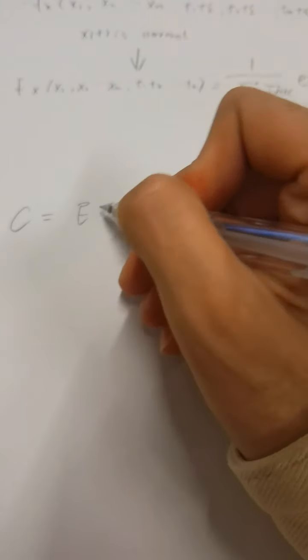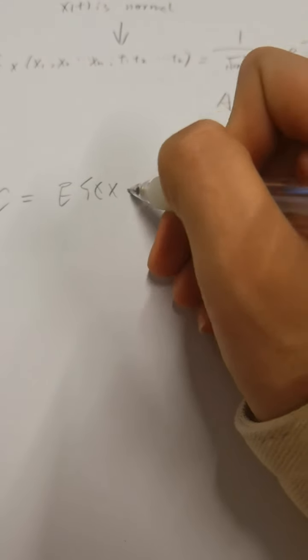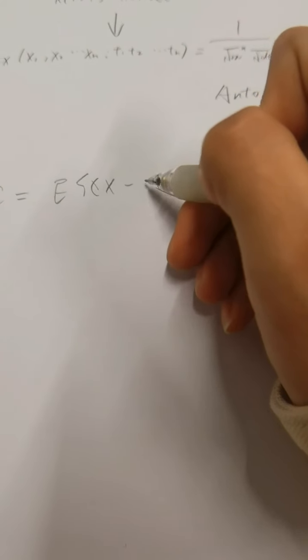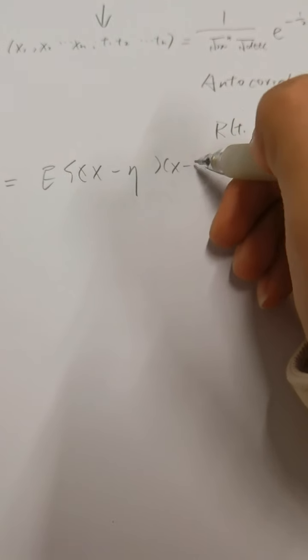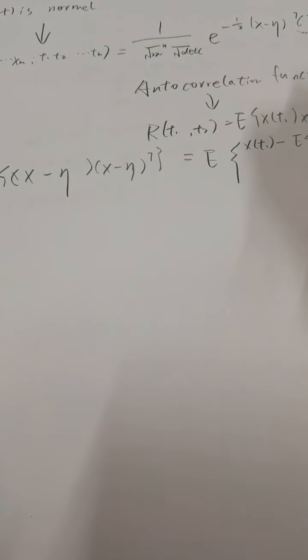We can write out C equal to E[(X minus this one) times (X minus this one)], which is E[X(t1) minus E[X(t1)], until X(tn) minus E[X(tn)]]